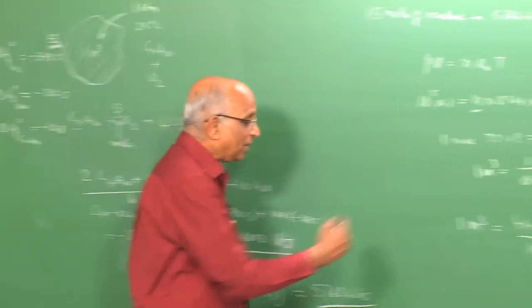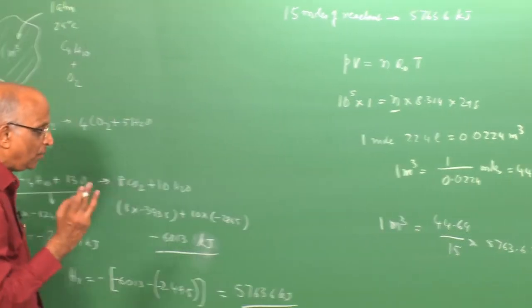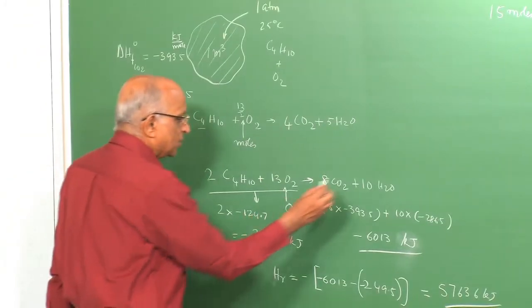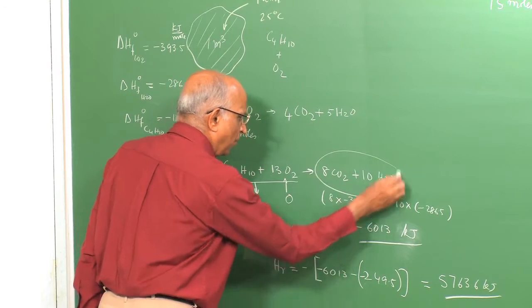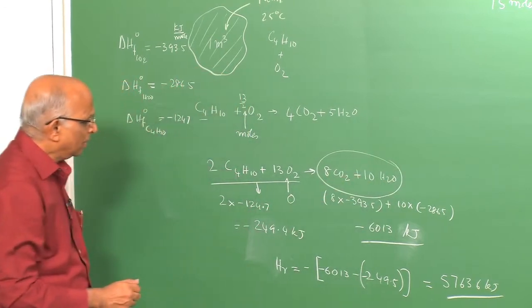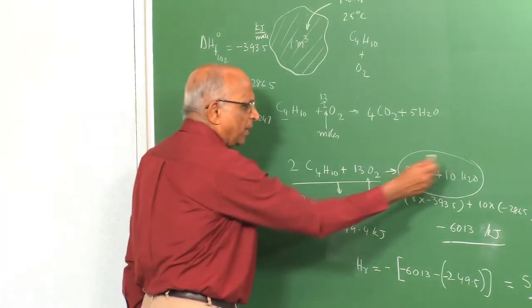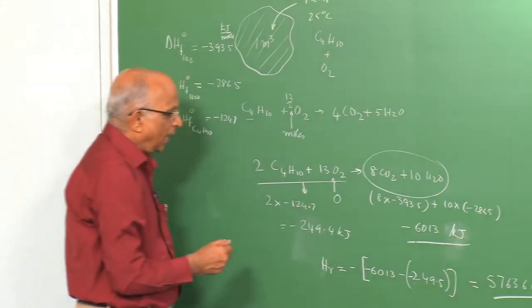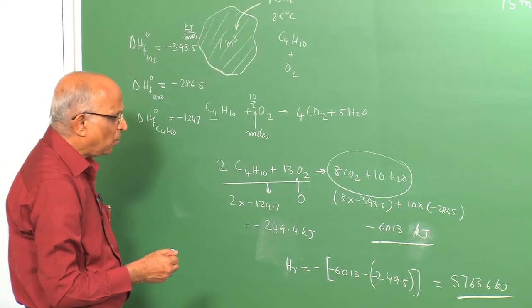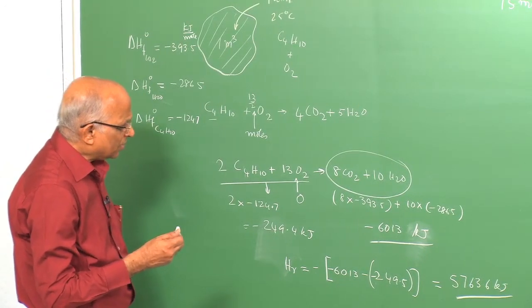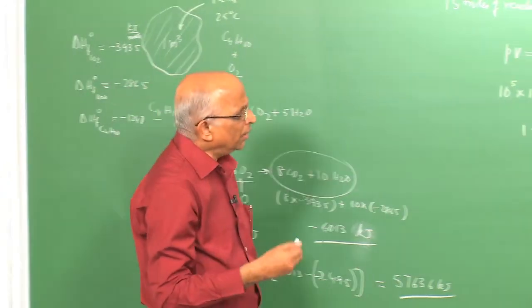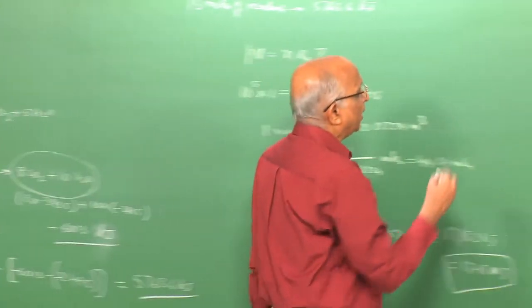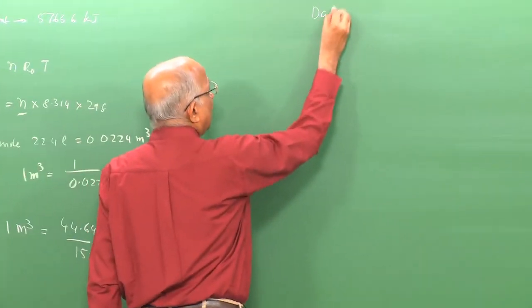Therefore, I am able to calculate the energies, but mind you, we have made two assumptions. We made an assumption in the products formed. Can I not determine the type of products which I will have? And if I have to determine this, I need some more definitions, I need to work with some more inputs. That means I need some more data. Therefore, let us see what are the additional